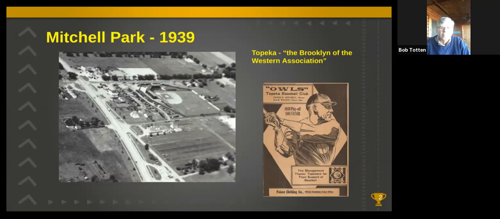I meant that as a compliment because the Brooklyn Dodgers were a major league team that drew huge crowds, but offered so-so success on the field. For example, in 1947, the Dodgers led the major leagues in attendance, even though they played in the second smallest major league park, Ebbets Field, that only seated 34,000 people.